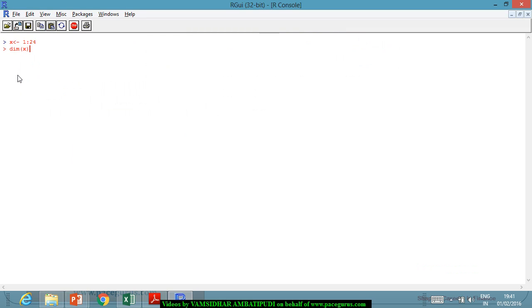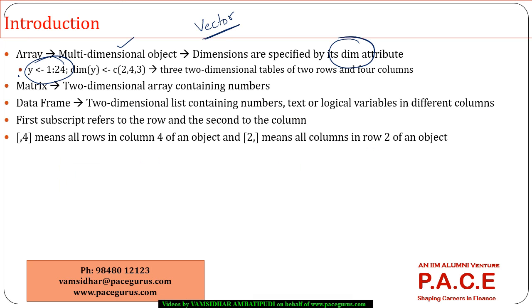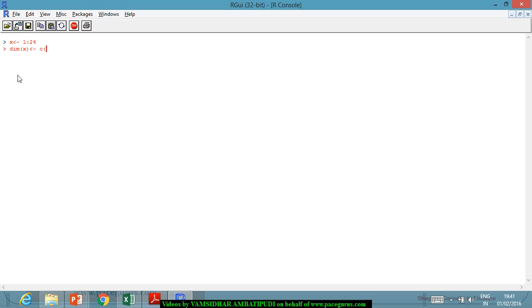I am defining the dimension of x, saying it is c of 2, 4, 3. So it means 2 rows, 4 columns. What does this mean? The multi-dimension here is 2 rows, 4 columns, and 3 such